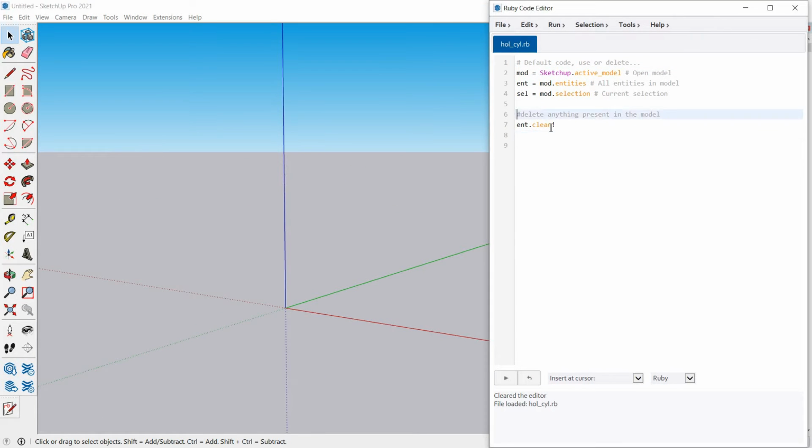So at first we use this command so that it deletes anything that is already present in the model. In the next step we create a group. Let's name this as hollow cylinder. Let's assign the input parameters for the cylinder. We need inner radius. Let's assume it to be 10 inches. The outer radius, let's say to be 12 inches, and the height of the cylinder, let's say, is 20